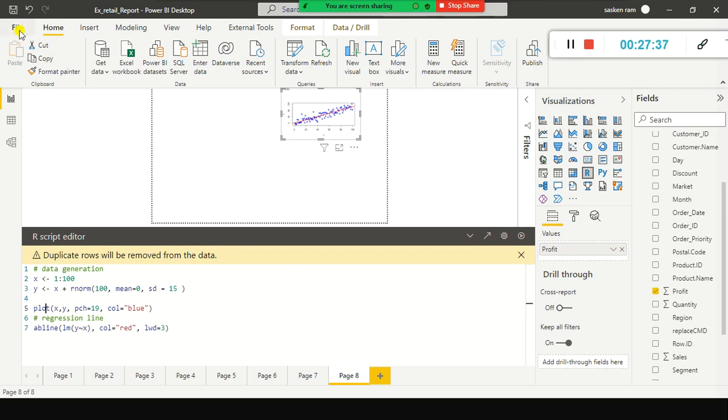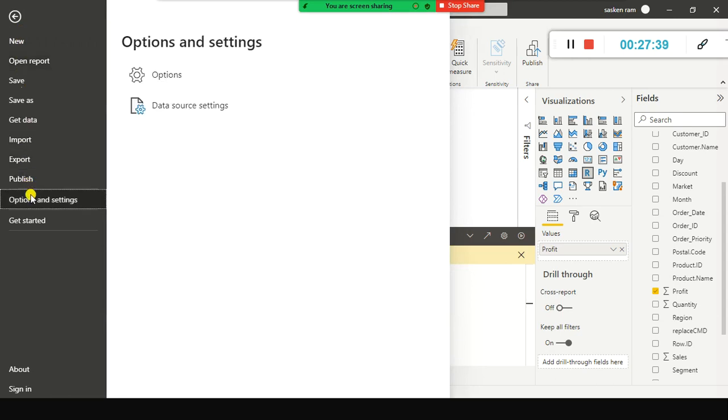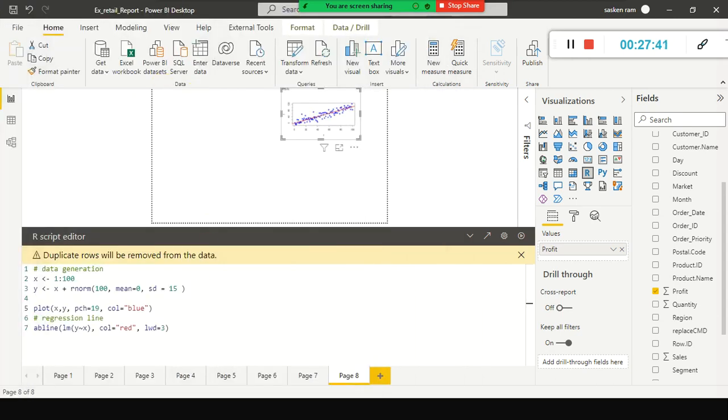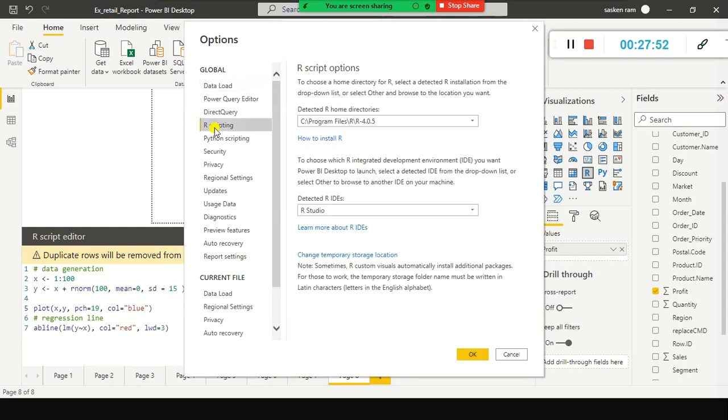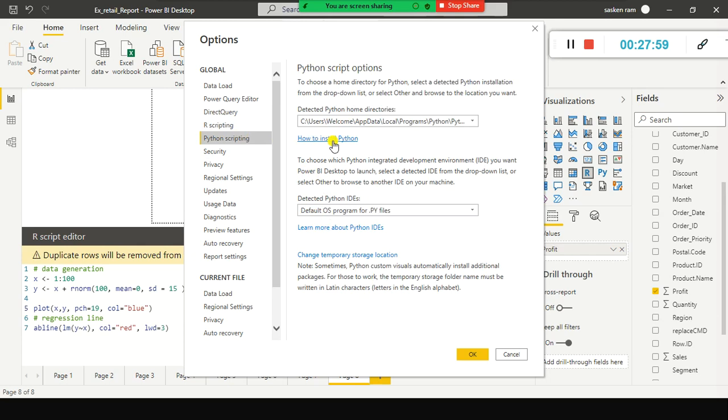Okay, so here you have File, and Options and settings. When you go to Options and settings, when you install Power BI, it automatically locates the R and Python installation folder in your system. Look here, R scripting. This is where R got installed. RStudio is also detected automatically. This is the GUI for R programming, and this is my Python scripting. Okay, and here I'm using the correct version, maybe because I'm using Anaconda Python, I think, because of which it is not doing it.